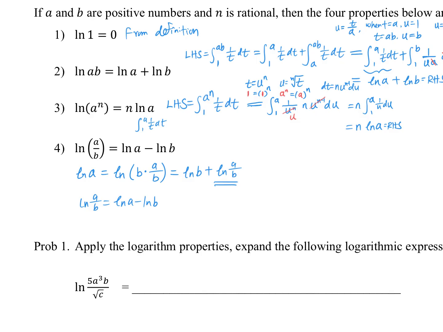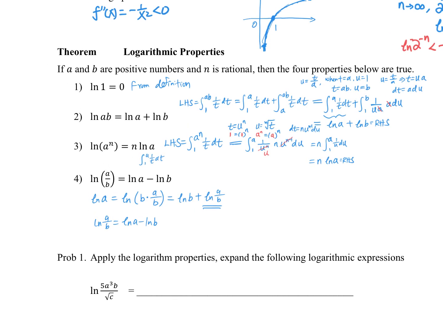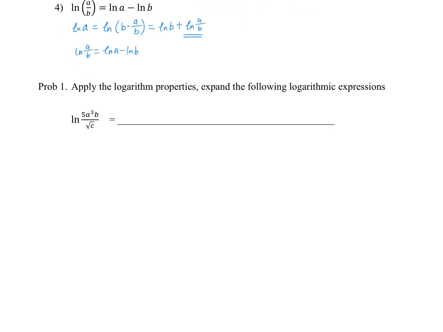All right, so we have established 4 properties, and now let's actually apply them, okay? So before we do that, let's take a look at this: when you have products, that becomes the sum. When you have quotients, that becomes the difference. So basically, the B, when it's in the denominator, then it becomes negative, okay? There's a negative sign in front of it. So now let's apply the logarithm properties and expand the following